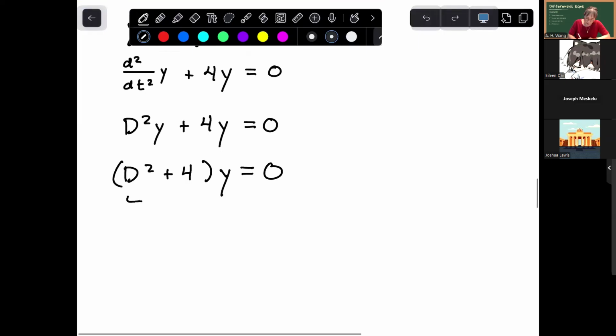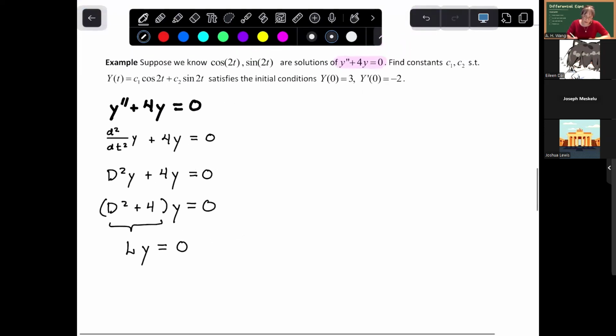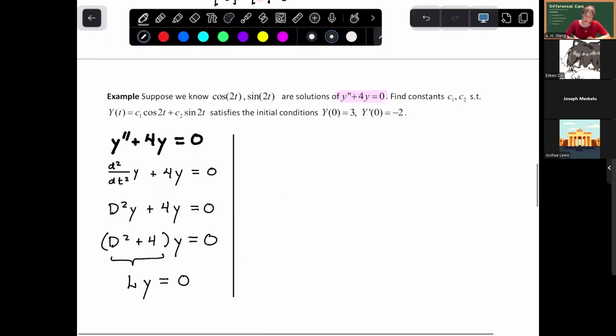And then notice these are all constants. So you can write this as Ly. L transforms the y into the 0 function. So this is 5 different ways to write the same differential equation. Okay, we need to have the 5 different ways so that later on we can do a little bit more with it. Okay, so now what we're going to do is practice double checking that these